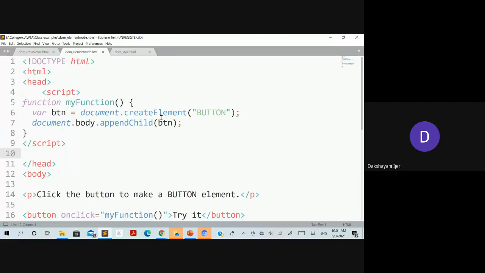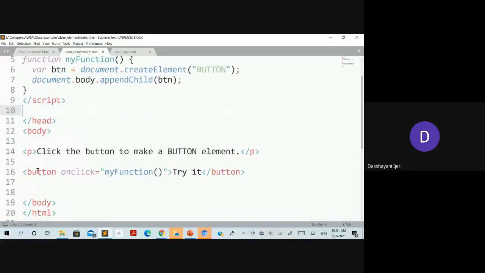You can see here document.body, in the sense I want to create within the body section, and where it needs to be positioned, it has to be positioned with appendChild. Already you have some elements within the body section, right? You have the p and button, and after this I want to append it. Append means it is going to add to the end position of that body section. So what I want to append is this btn variable through which we have created the element known as the button here.